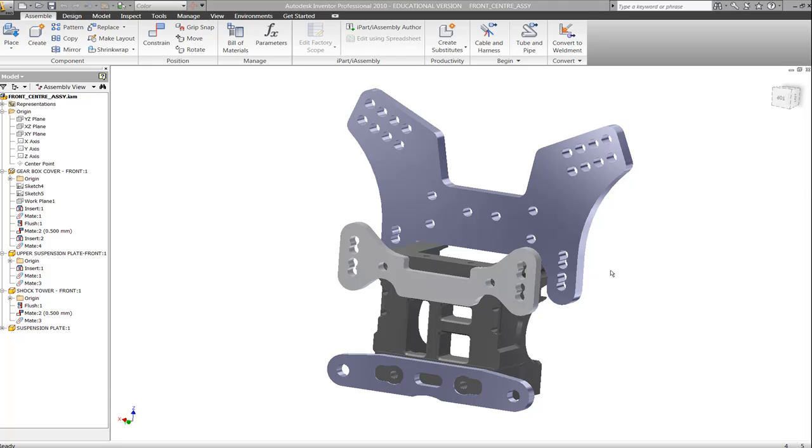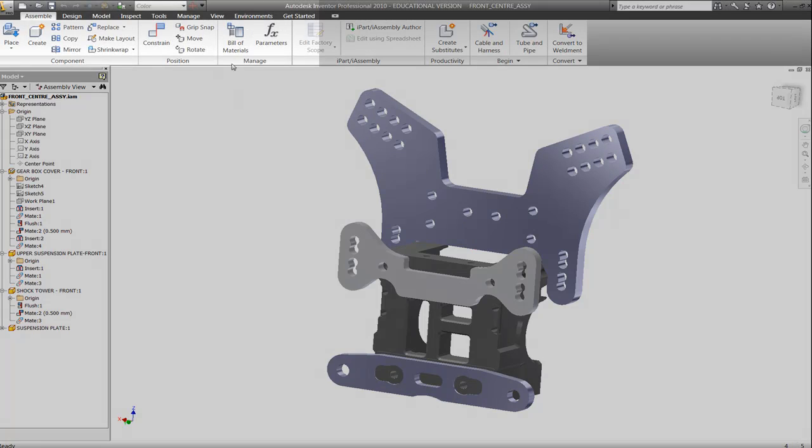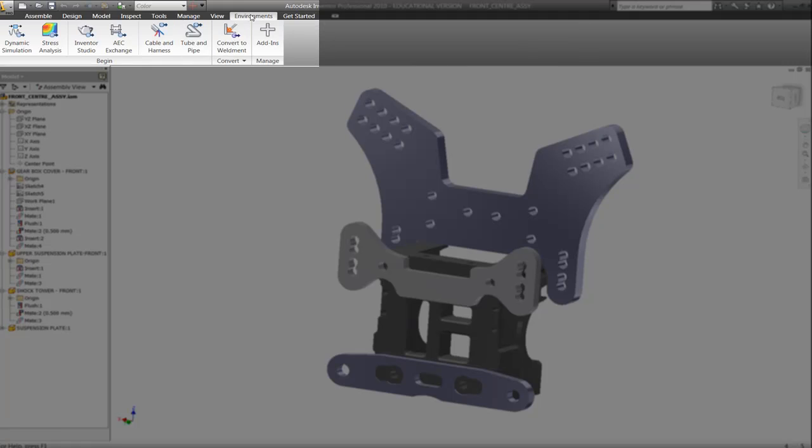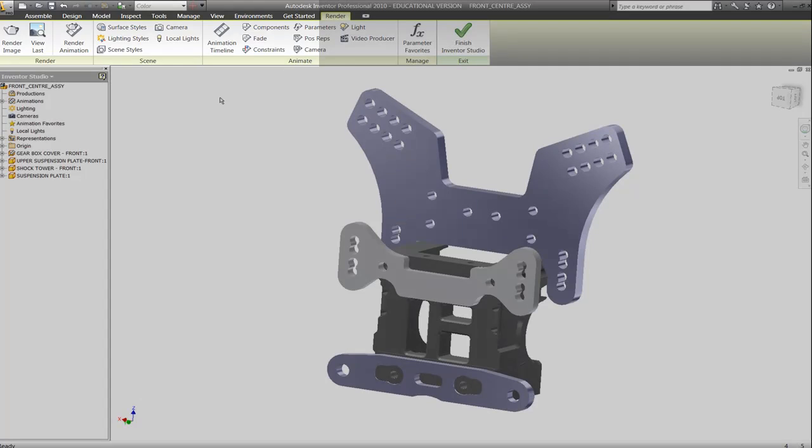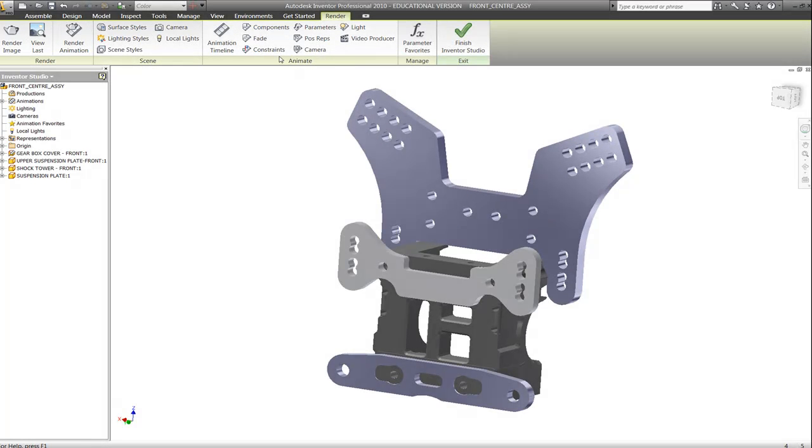and when you've got your parts and assemblies to the point where you want to create your graphic images, you launch Inventor Studio by clicking on the Environments tab and Inventor Studio. Once inside Inventor Studio, you've got a whole new set of tools to work with. I'm going to take some time in this video to introduce you to the workflow, and you can follow along. In your own time though, make sure you explore the many possibilities that we don't have time to look at